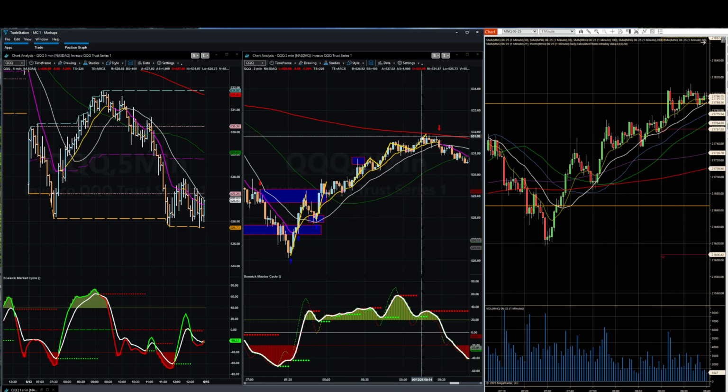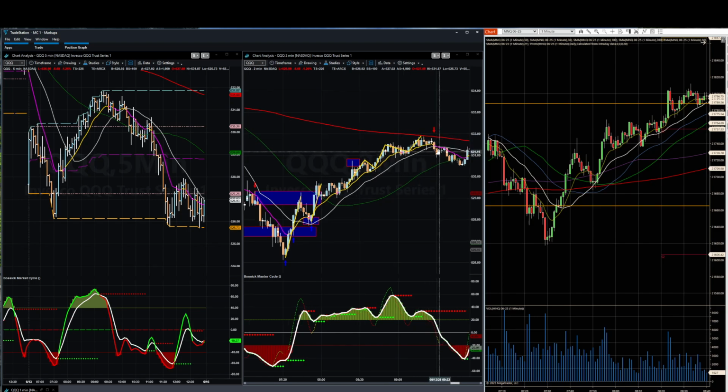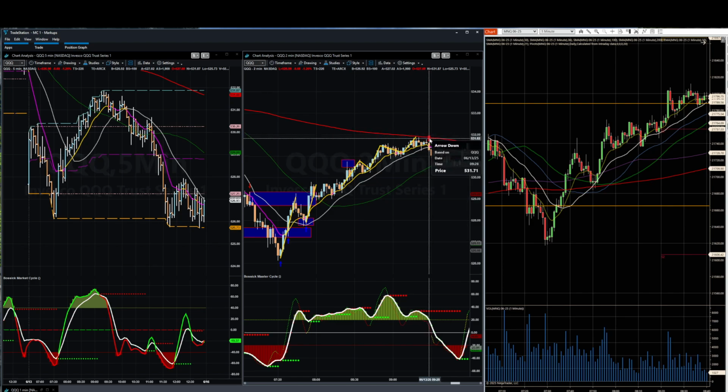So I ended up riding this one out. I did scale here and I took some off here. And then I held and I didn't close until right there, actually. I was thinking of getting out here if it didn't crash through, but